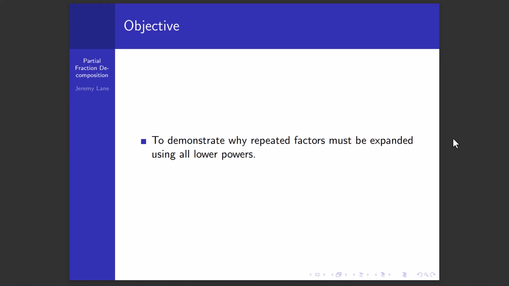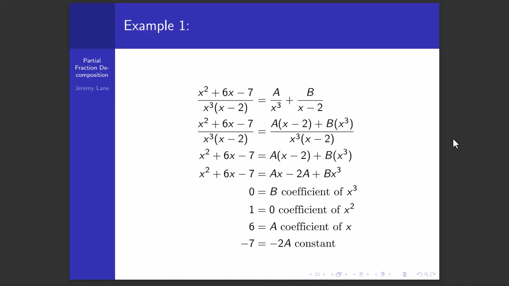repeated linear factors. So our first example has x squared plus 6x minus 7 divided by the quantity x cubed times the quantity x minus 2. Now, if we just rewrite our partial fractions template as a divided by x cubed plus b divided by x minus 2, which is already kind of erroneous, but if we try to just do it this way, then we